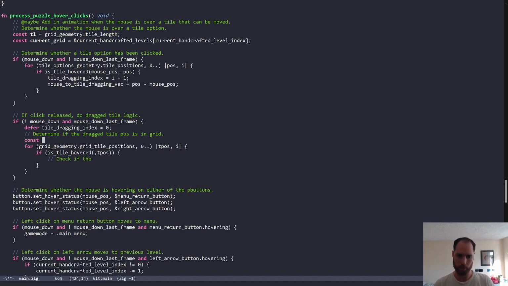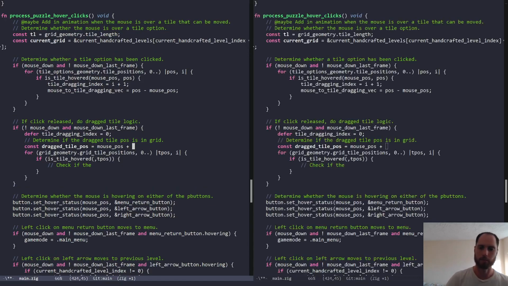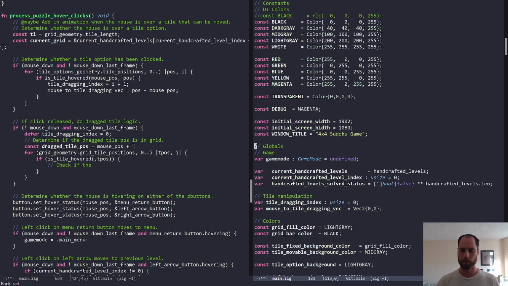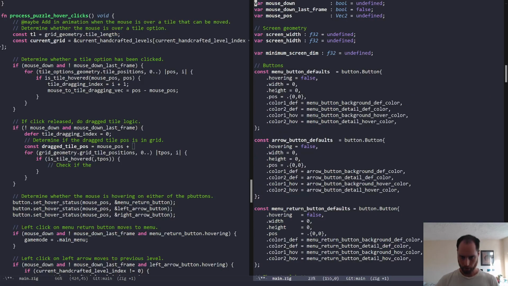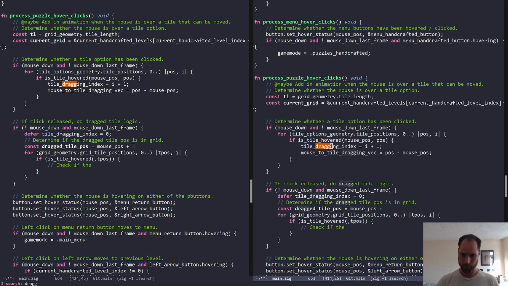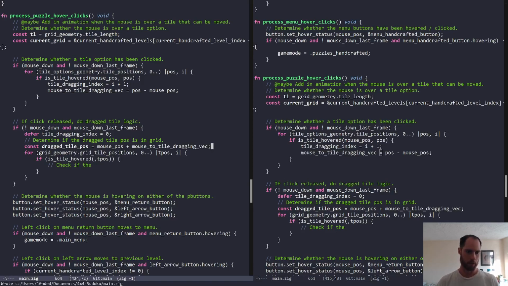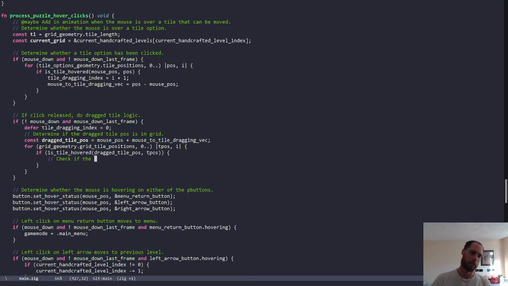Let's just calculate this on a separate line. Drag tile pos is going to equal the mouse pos plus this offset. What was the offset called again? There it is. Mouse to tile dragging vec. And now in this, we want to do the drag tile pos, and check if the